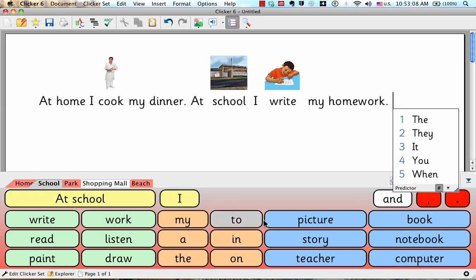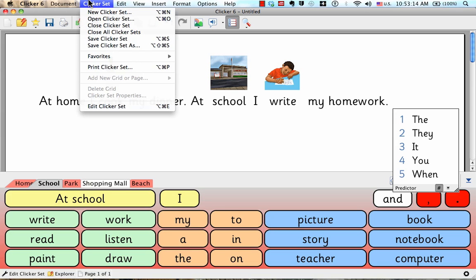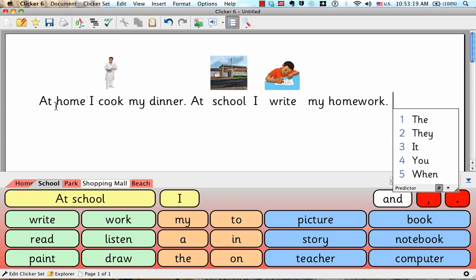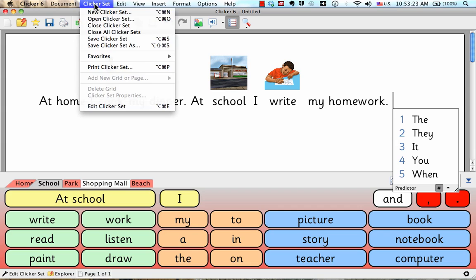So the Clicker set works in conjunction with the Clicker document. If I want to save it, I save the document here, and I save the grid set here. So I need to save both. But if I close out of the program, it'll prompt me to save both of them. Okay, so I'm going to go to a new Clicker set,